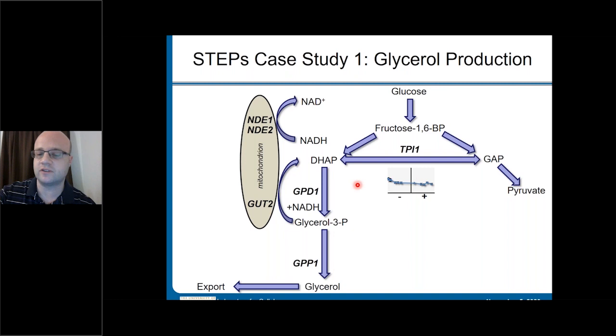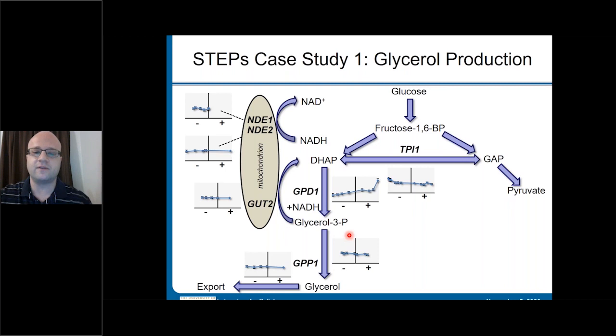And we can get these response curves like this. So here's an example of a response curve associated with TPI1. We can see that for the most part, changing the expression lower and higher has no real impact. We do see a little bit of an increase in glycerol production as we begin to get to very strong knockdown conditions. And that makes sense in that the deletion of TPI1 would force half of the glucose carbon to go into DHAP and down into the glycerol pathway.